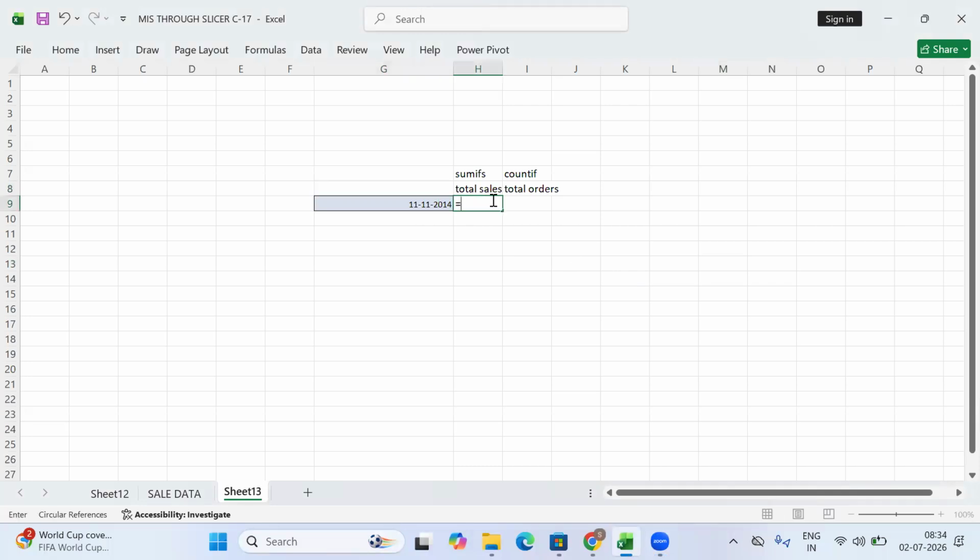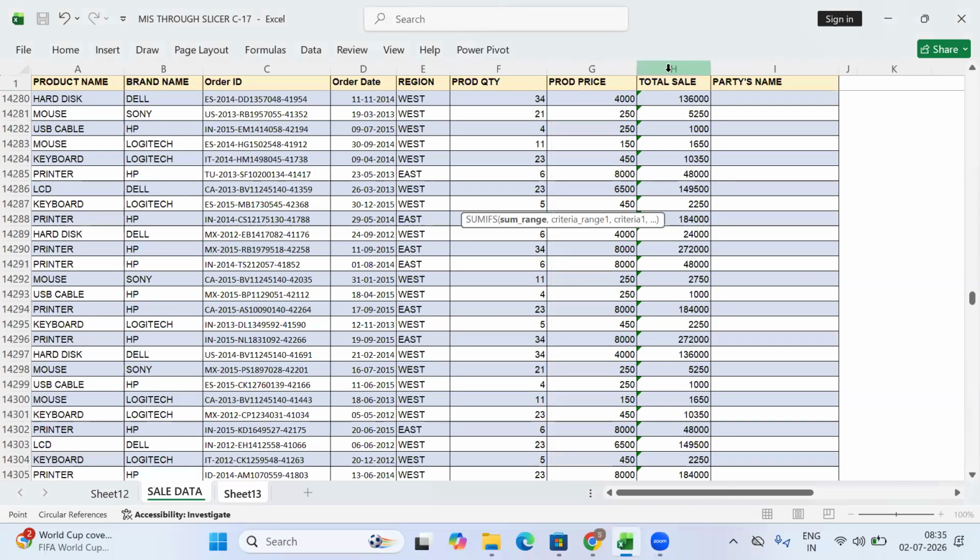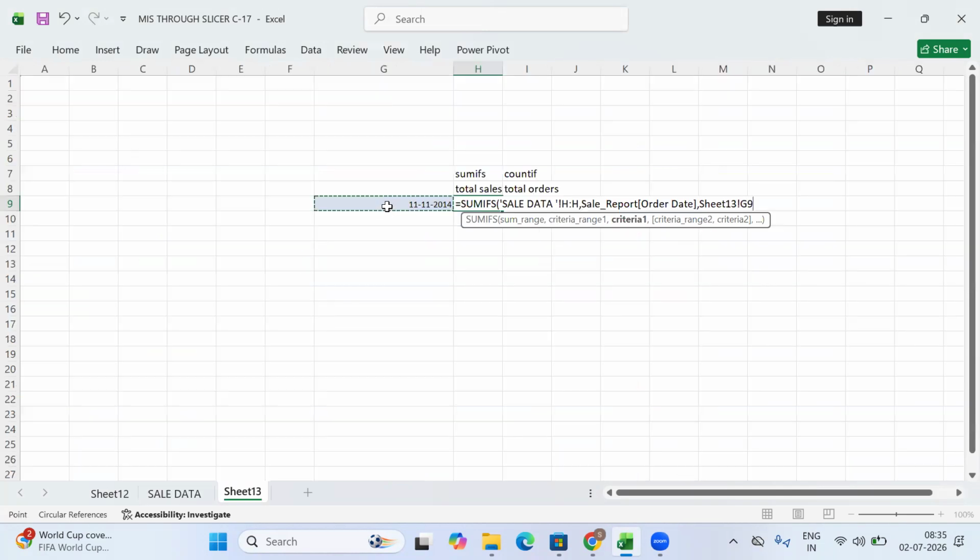So if I am building both the formulas, for SUMIFS I will select my sales column first, then I will select my date column, put a comma, and select my date. This is SUMIFS only. One is the total sales column, second is the date column, and then this particular date.